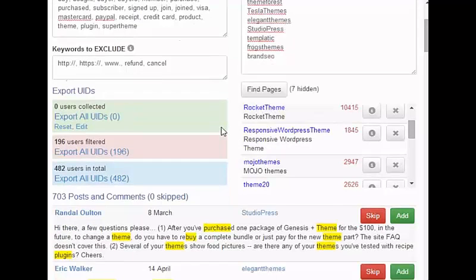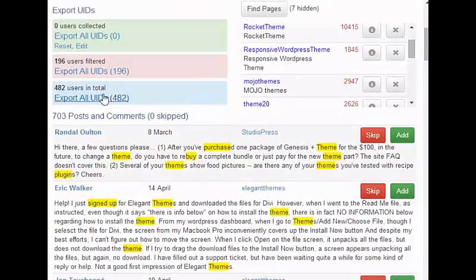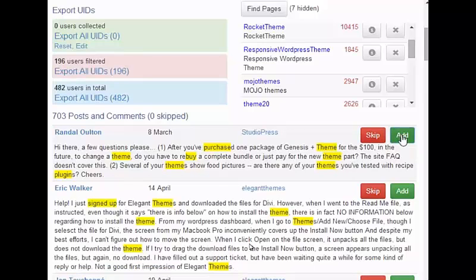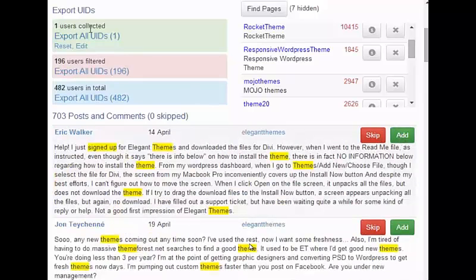Or what you can do is you can go through that entire list of 482 and basically extract them and review them one by one. So you just look at each individual comment, and as you can see the words that we've selected are usefully highlighted in yellow, and we can just look at the word, and if we like it then we click add, and you can see that the user ID appears up here, and if we don't like it we can click